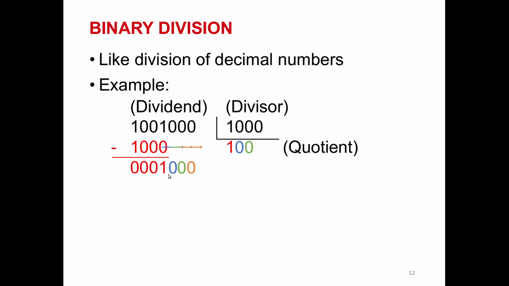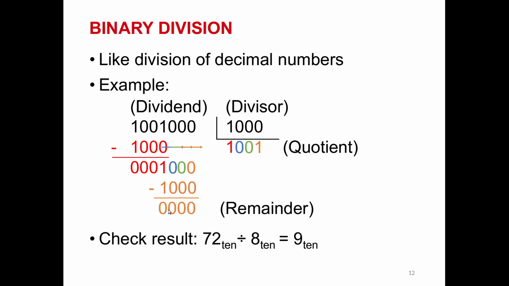So you will have the remainder 1 0 0 0 equal to the divisor. So the result for this quotient bit will be 1, and the remainder will be 0. And so you can see that here 72, again we consider this as a positive value, divided by 8, you will have a value of 9 here.